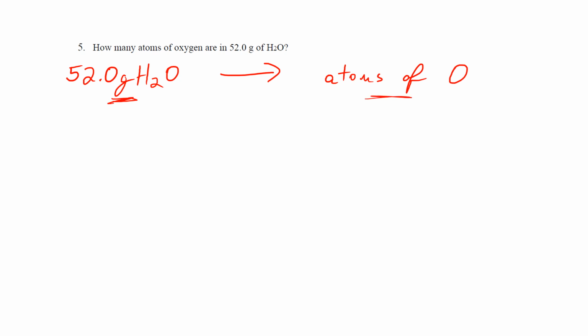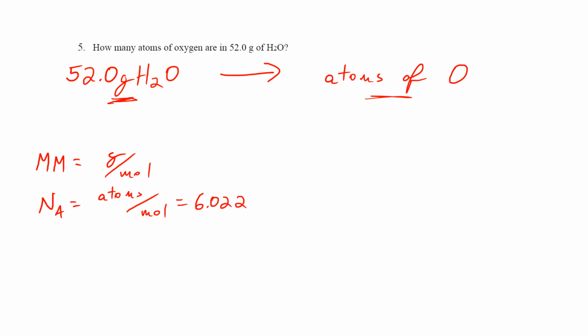So what do I know? Well, I know a few things. Whenever we're dealing with masses of elements, we can talk about molar masses, which are grams per mole. And for atoms, I have Avogadro's number, which is the number of atoms in 1 mole, and that equals 6.022 times 10 to the 23. Now I can't go directly from grams to atoms, but notice I have grams to moles, and then I have atoms to moles. So maybe